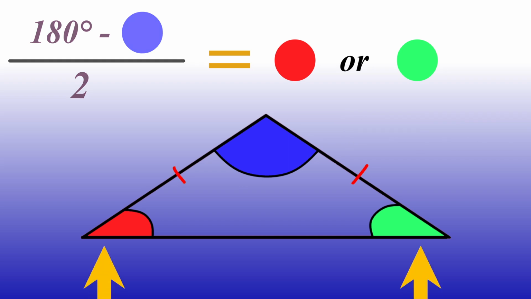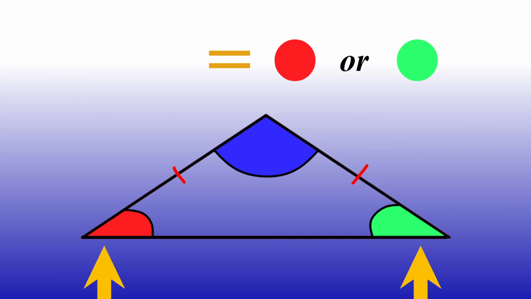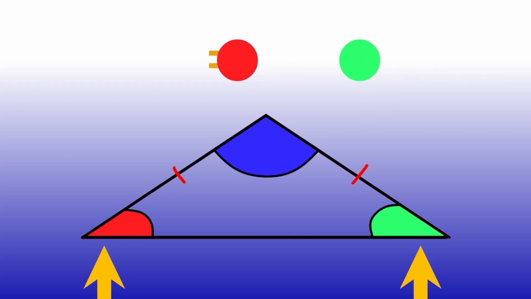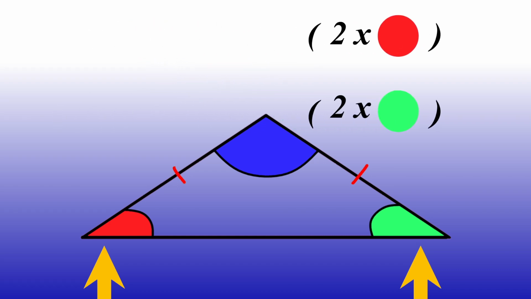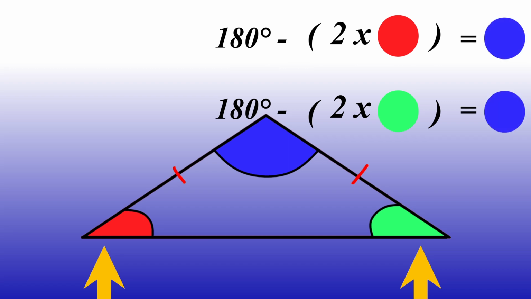Alternatively, if the given angle is outside of the two slashes, then the value of the other angle outside of the two slashes is the same size as the given angle. So, if you double the given value and subtract the result from 180 degrees, that will give you the value of the angle that is between the two slashes, the angle that's the odd one out. If you remember these rules, you shouldn't have difficulty finding the angles of an isosceles triangle given the value of just one of the angles.